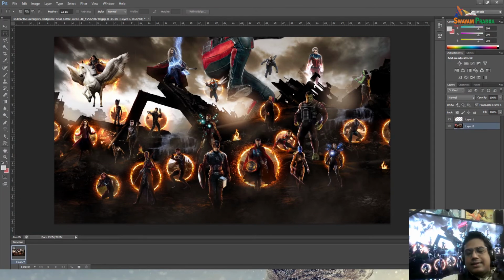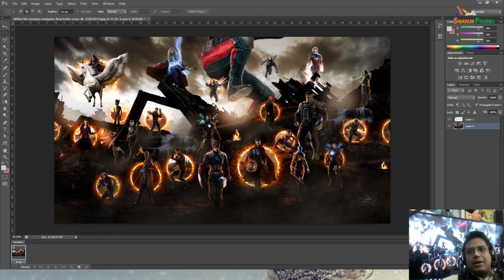Now here you can see the graphical user interface of the Adobe Photoshop application. Here you can see a lot of characters. These are all characters of the Avengers movie. Definitely these characters did not come together all at once; photographs were taken of each individually, and later they mixed and merged everything, and the result looks like a fantastic poster of the movie.